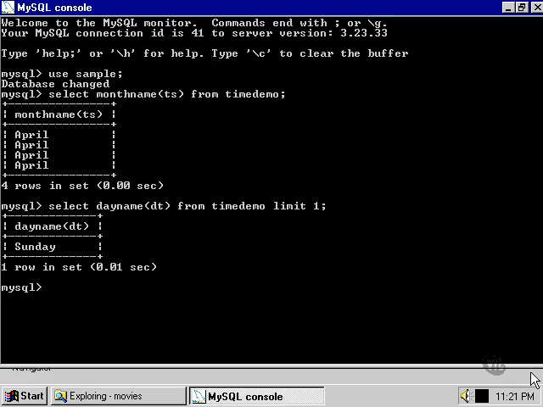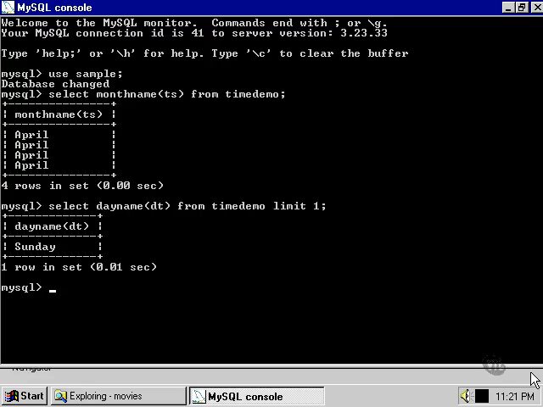There are a whole raft of different date and time functions that we can use to pull the month name or the name of the day or the particular year, seconds, and so on from a complete date and time, such as the timestamp, such as the date and time, or where relevant, the date and time column types. However,